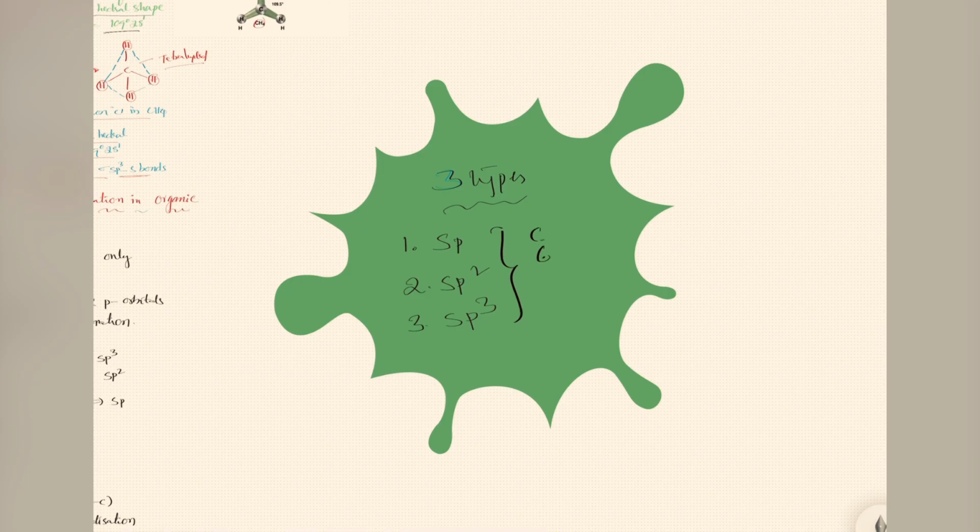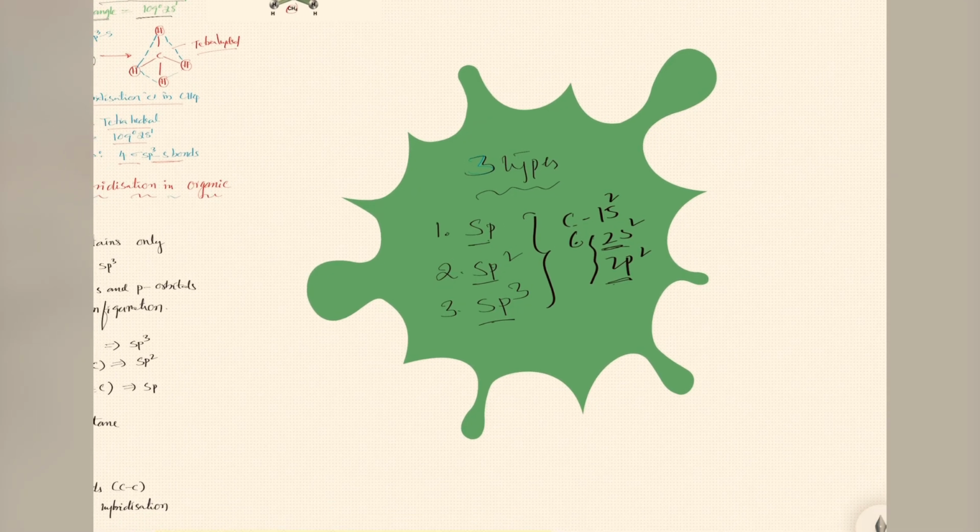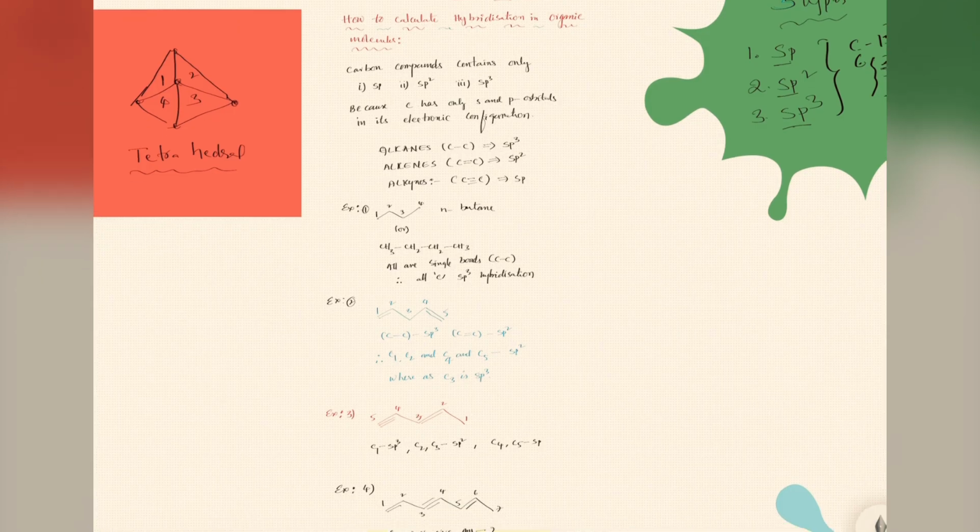because once you check the electronic configuration of carbon, it is 1s2, 2s2 and 2p2. So which orbitals are there in the valency? P orbital and s orbital. Therefore only s and p are possible here. But we have so many hybridizations: sp3d, sp3d2, sp3d3 also exist. But they are not possible in carbon because carbon has only s orbital and p orbital in its valency. Keep in mind that is a very important point.